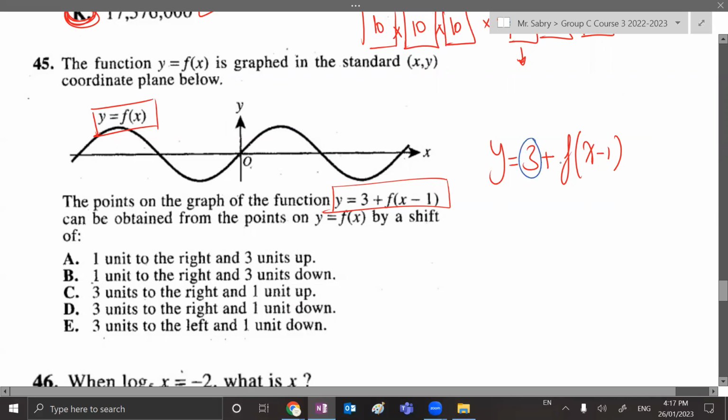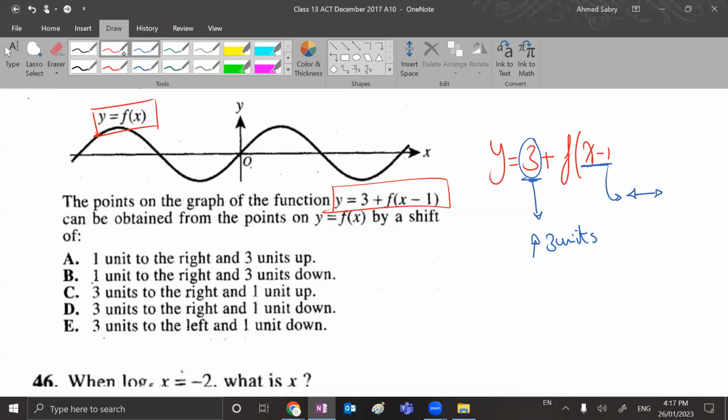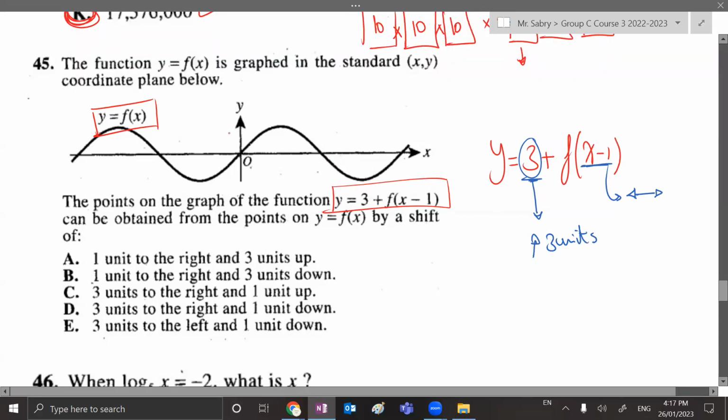So when I add 3 to f of something, it means I added to the y 3. So because of this 3, I know when I add to the y 3, I move up 3 units because I'm adding to the y-axis. But when you look inside the bracket, this is the part that's moving for the x. So the 1 is the one that affects the x. That's the one responsible for the movement right and left. And a very important thing to remember, and as we're moving right and left, or as we're moving on the x coordinate or